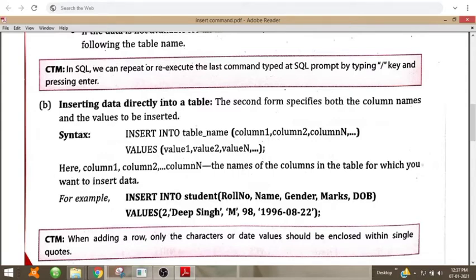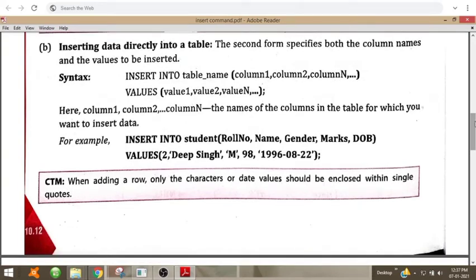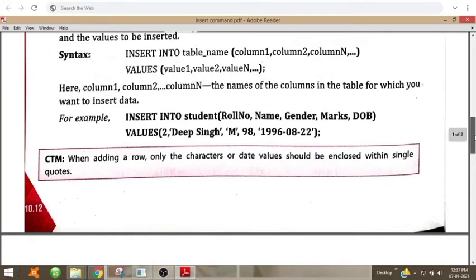In the previous statement we didn't specify the column names in brackets; we just wrote insert into student values and the values we gave. If we are inserting values in all the columns, we can use either form. If we are inserting values only in specific columns, we should follow this pattern.